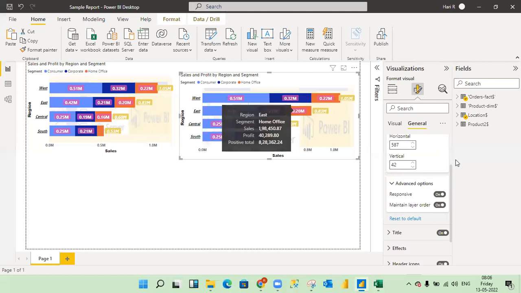Next, what we have is maintain layer order. Okay, what does this maintain layer order mean? For example,